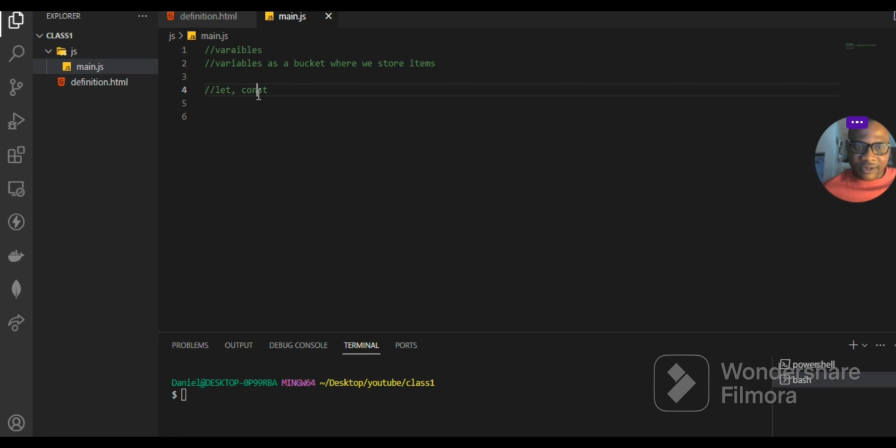Using let and const. So as we proceed, you get to see the reason why you want to use let and why you want to use const to declare your bucket. When I say bucket, I mean variables. Because variables are buckets. So when you understand that,